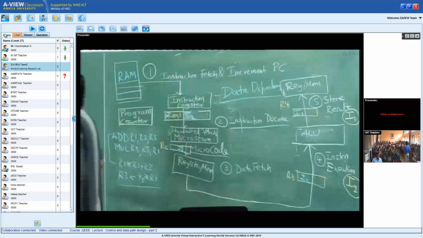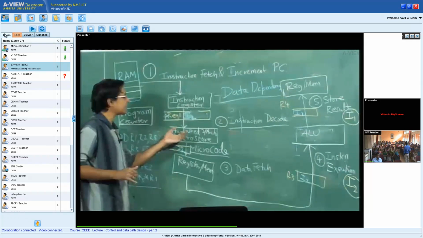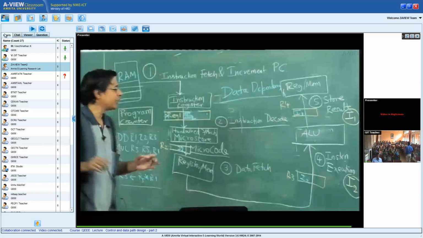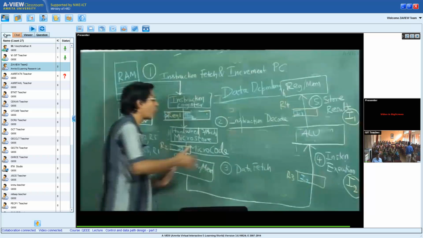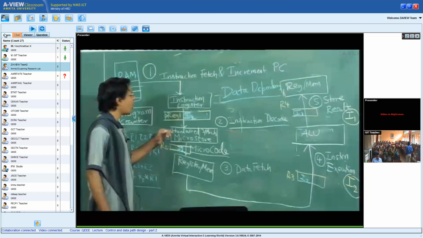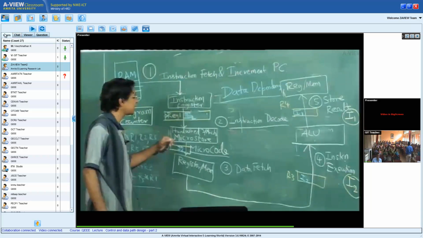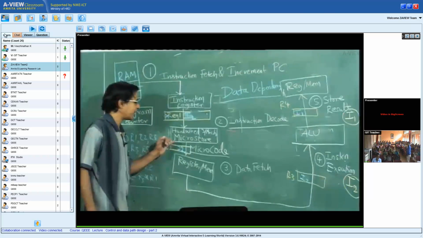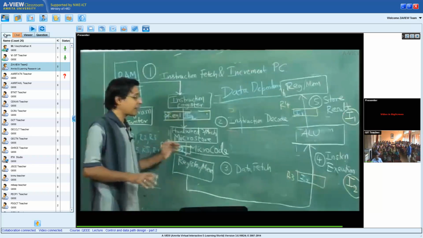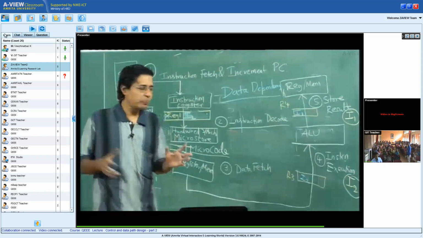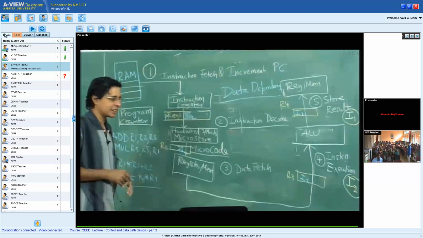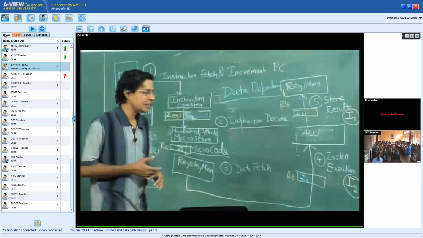If it is the time for decoding, I either have a circuit which will decode, or I will have a ROM, that is read only memory, to which I input the instruction and it gives me the microcodes. This is the distinction I made in the previous class between a hardwired microarchitecture and a microprogrammed microarchitecture. In both cases the hardwired will be very fast, but the hardwired is very difficult to realize, especially when I have 1000 instructions or 700 plus instructions like what you see in Intel machines, right?